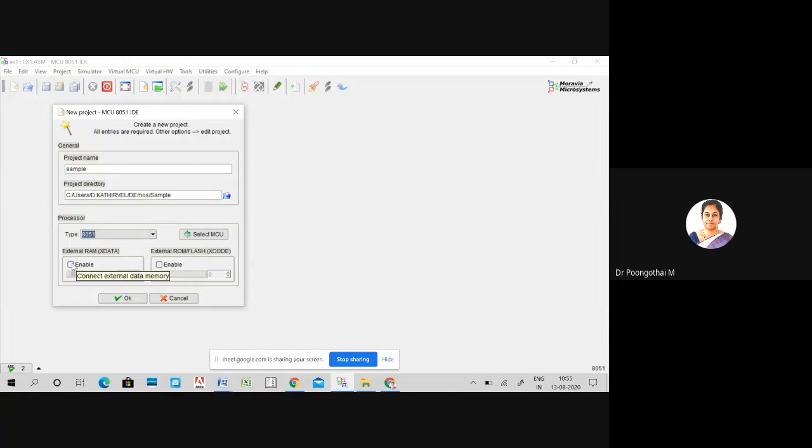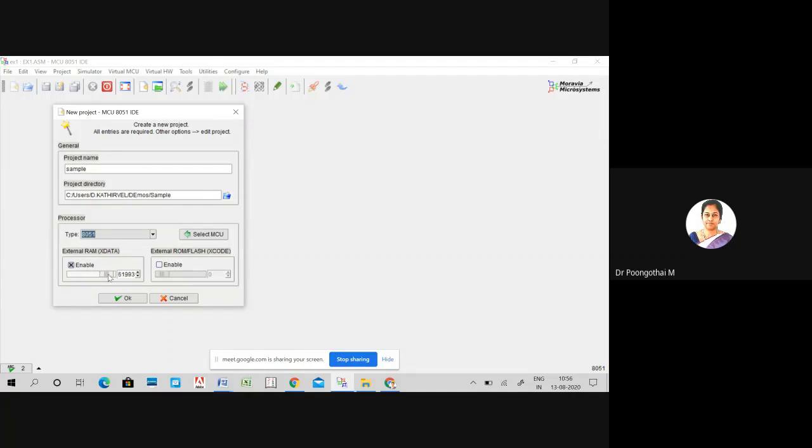And next, enable this external memory. This external memory is capable of addressing 2 power of 16, that is 0000 to 65536 bytes.